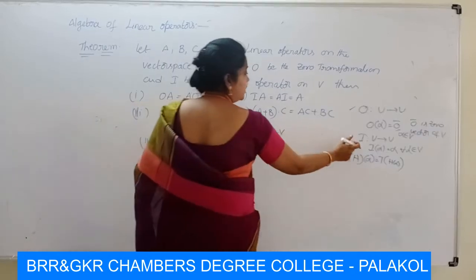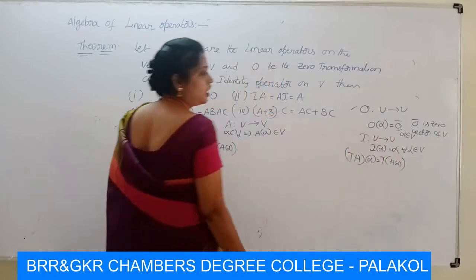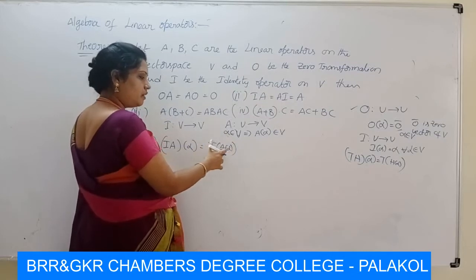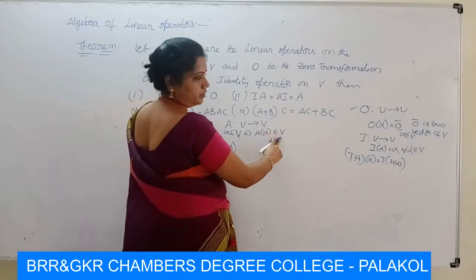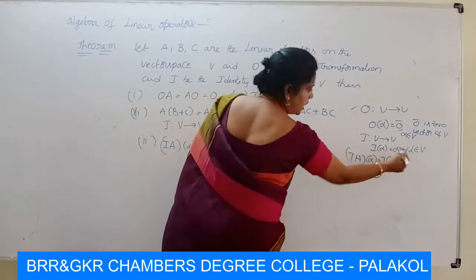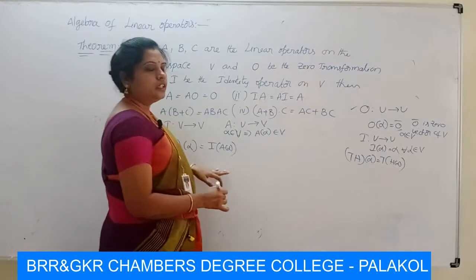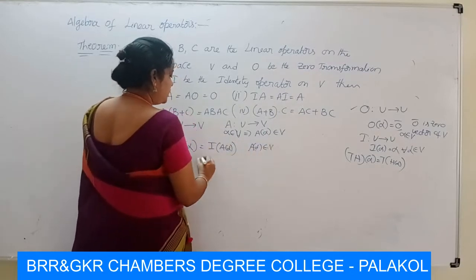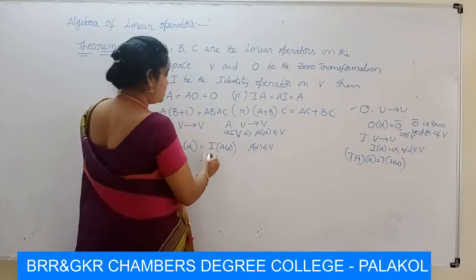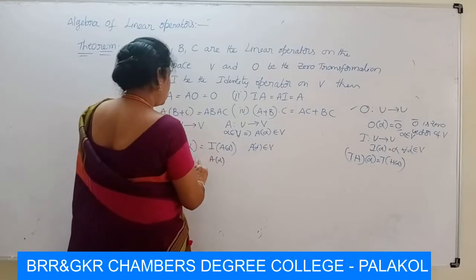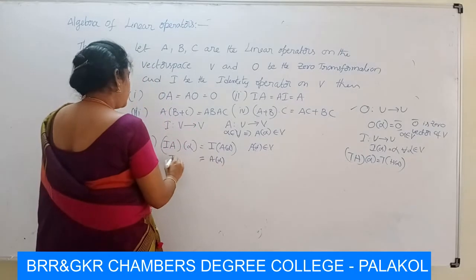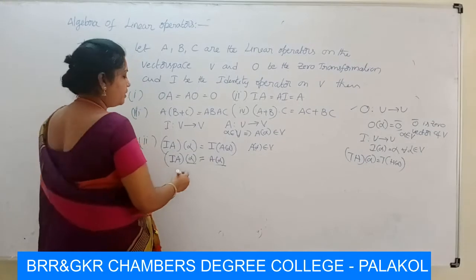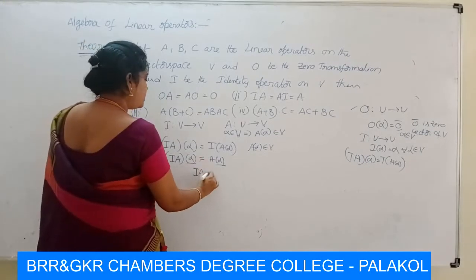So the linear operator I is defined as I of alpha is equal to alpha for all alpha belonging to V. So here we have an element A of alpha, but it belongs to V. So every vector in V has image I of alpha equal to alpha. So here A alpha is also an element of V. So its image with respect to I is A of alpha. The left side value is IA of alpha. So alpha is the same arbitrary element on both sides. So IA is equal to A.